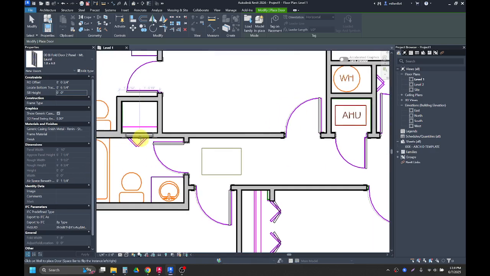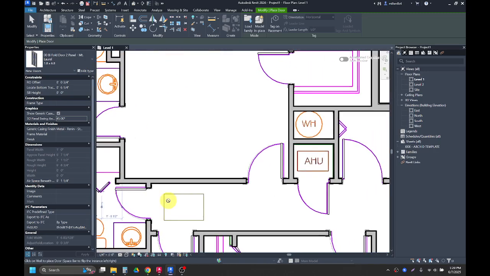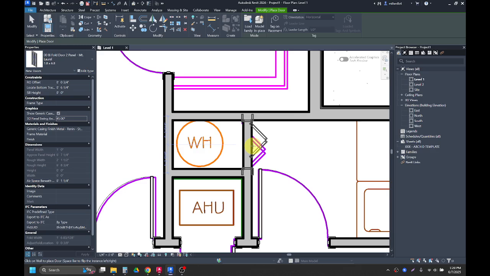Now, before I place them, I can also change the symbol to show them being open by changing the panel swing angle. So I'm just going to change that angle to 45 degrees. And then when I place it, it'll show it open. And since I have it hinged technically on the wrong side, I can click on that little arrow to flip it to the other. Would that be the end of the world? Probably not, but